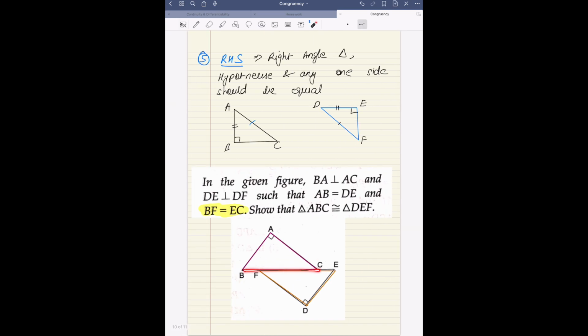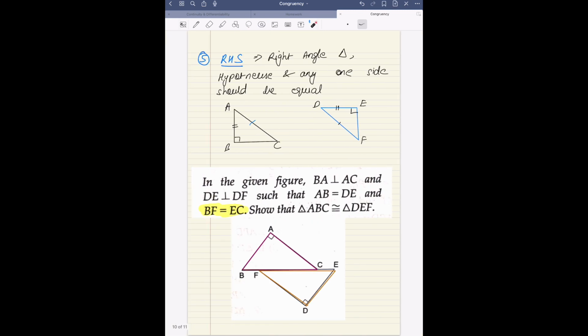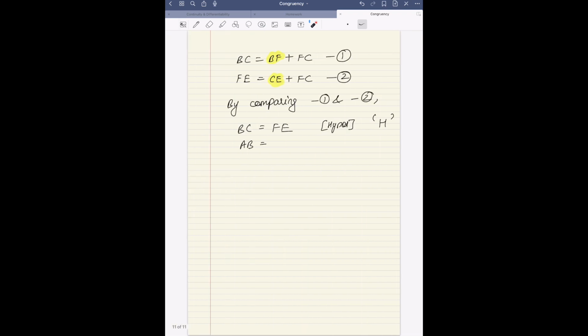And this is nothing but your hypotenuse, correct? So if BC is equal to FE, it means your hypotenuse is equal, you can call it H. AB is equal to DE, already given. So any one side can be equal, it's already given. AB is equal to DE, given. That's S. Hence, by RHS criteria,